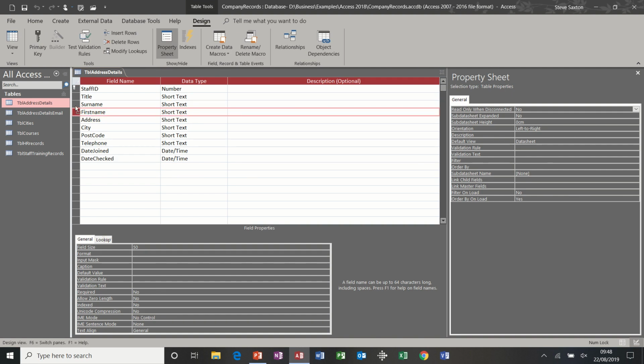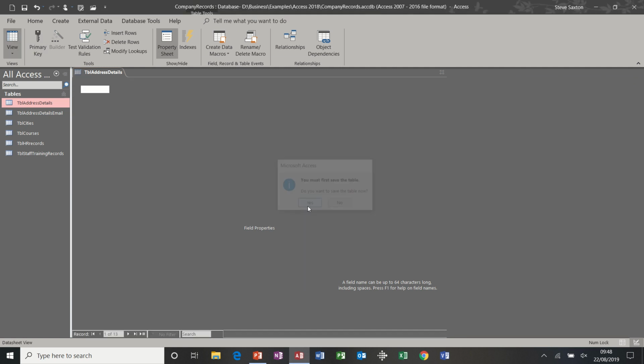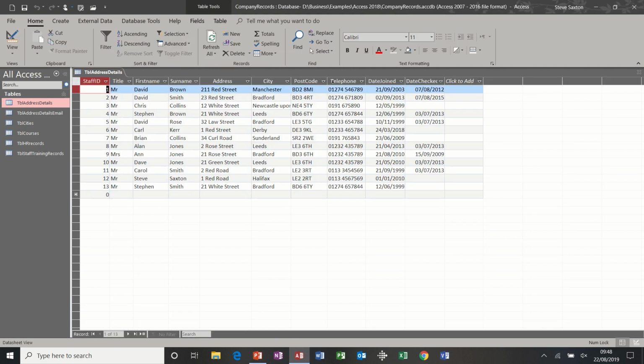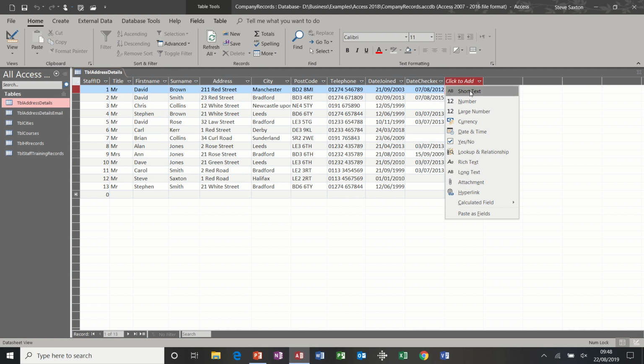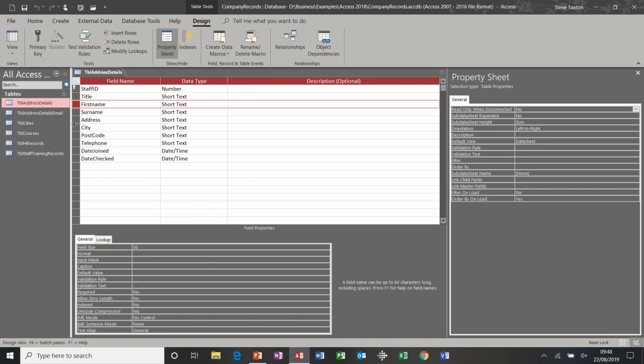Just push it where you want to go there. Now if you want to add an extra field, so if I have a look at this table, I'll have to save that change. There is no county field in this. Now I could just click it there because it's going to be a text field, so I could just put a short text field there, which is okay, and then I could move it into position, or I could go into design and